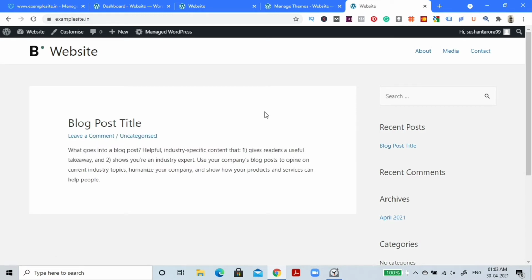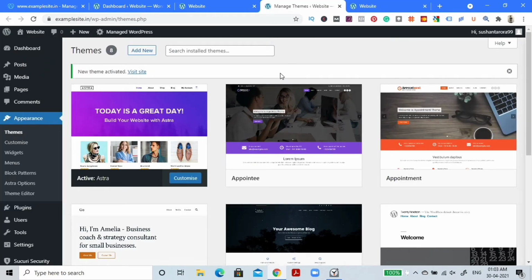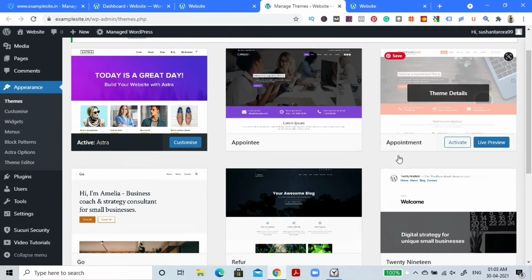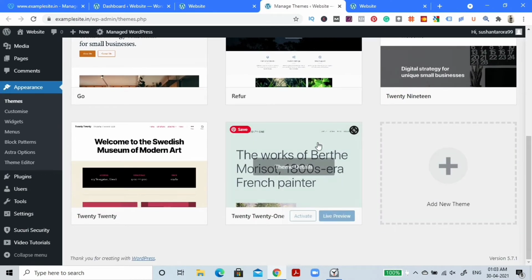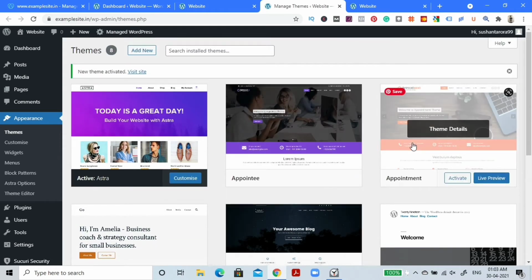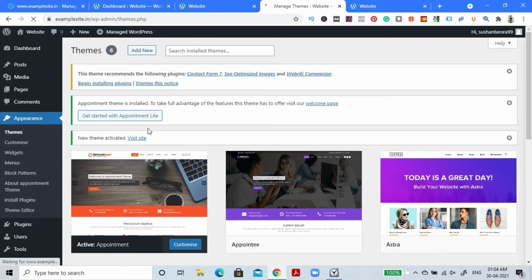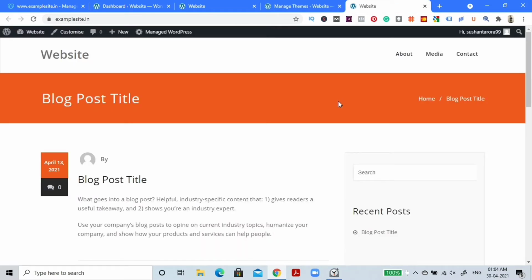Now what if I want to change this theme again? What I'm going to do is come back to this section and look out for one more theme that looks pretty cool to me. I think this one is looking pretty beautiful. Activate it. And like I told you, since it's showing activate, not install, that means this theme is already installed, right? So don't worry if you don't have this theme. That means you don't have it installed as yet. You can always go and add a new theme, install it, and then activate it. So I'm going to click on activate. New theme activated. Let's visit the site. So now you can see the appearance has totally changed.